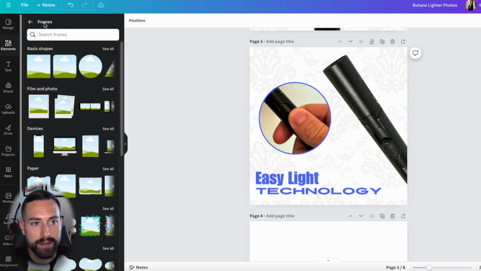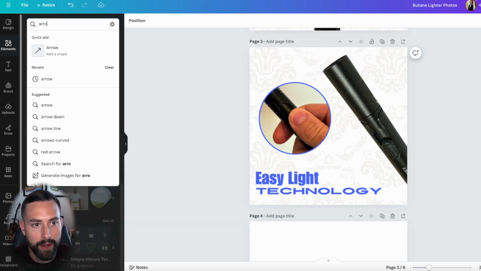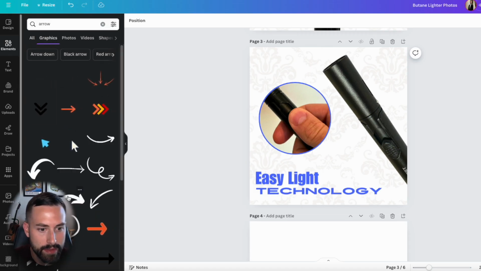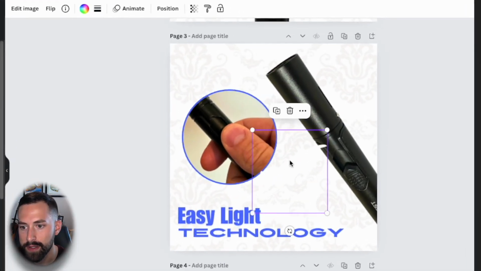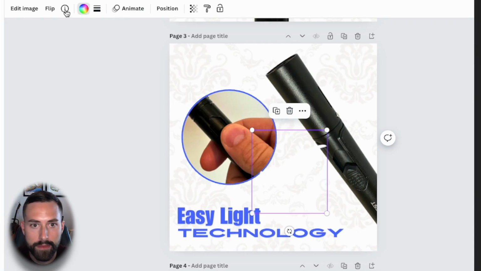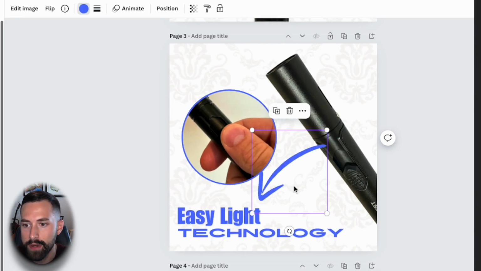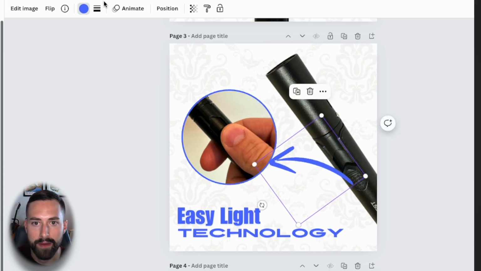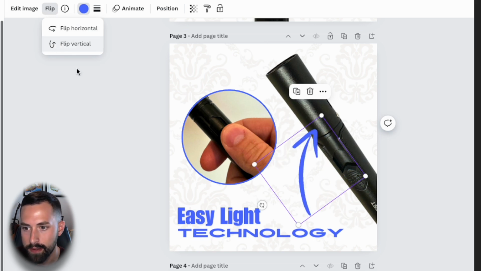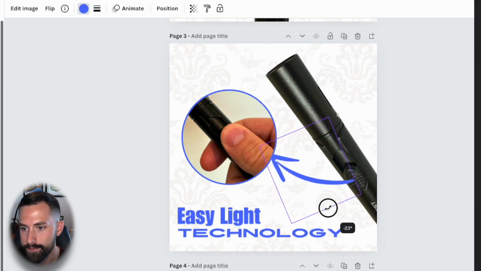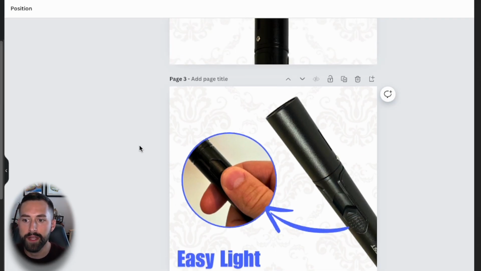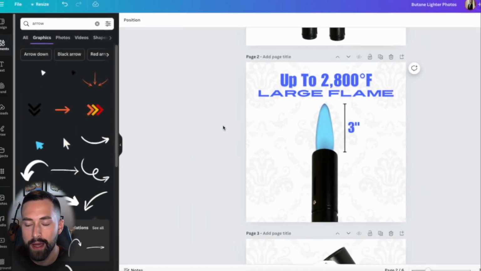So let's go back to Elements, and then let's type in arrow. If you click Graphics here, we'll see a lot of different arrows. So feel free to click one that looks good for this. Here's one here. I'm going to select color. I'm going to change this to the blue. And then now I need to reposition it. I could do that, but honestly, I think it's going to look better if I flip it vertically. And there we go. So now we have our two feature images showing and highlighting some of our unique features